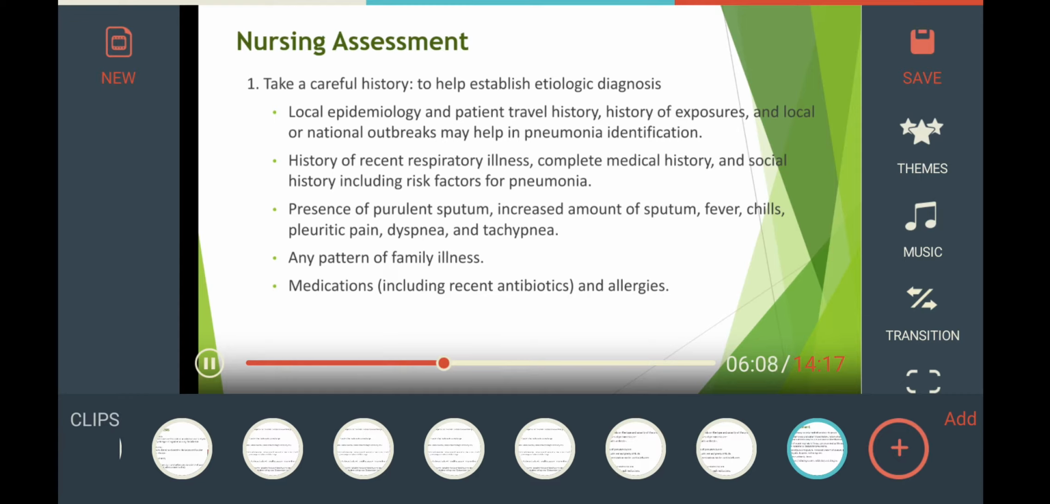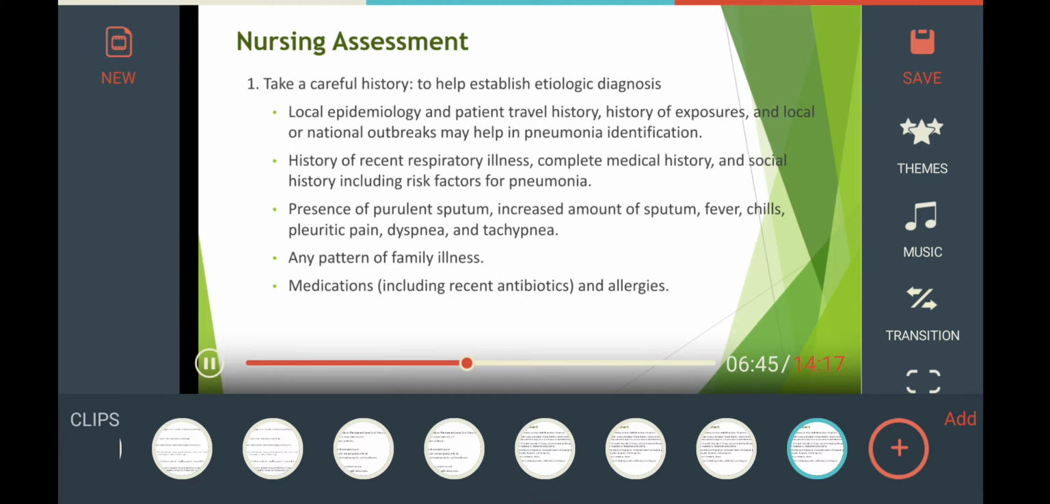Nursing assessment: take a careful history. Local epidemiology and patient travel history, history of exposures, and local or national outbreaks may help in pneumonia identification. History of recent respiratory illness, complete medical history, and social history, including risk factors for pneumonia, presence of purulent sputum, increased amount of sputum, fever, chills, pleuritic pain, dyspnea, and tachypnea, any pattern of family illness, medications including recent antibiotics,